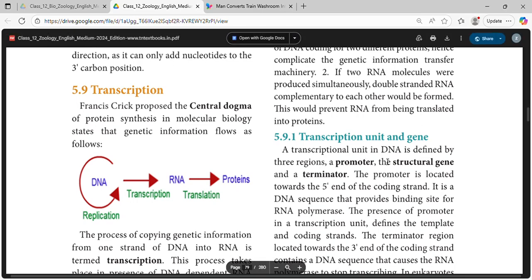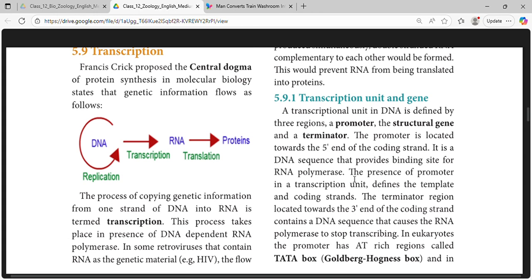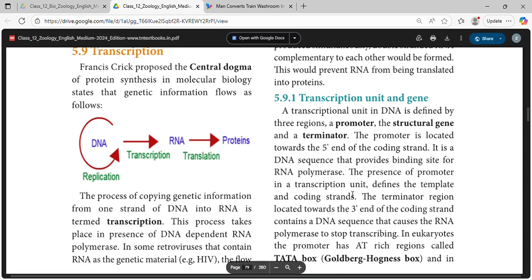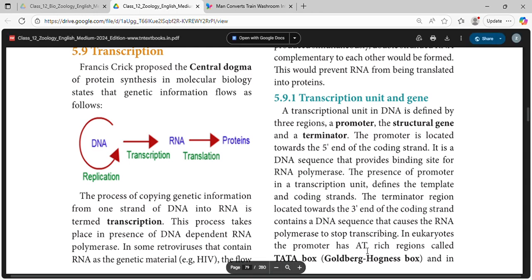A transcription unit in DNA is defined by three regions: a promoter, the structural gene, and a terminator. The promoter is located towards the 5' end of the coding strand. It is a DNA sequence that provides a binding site for RNA polymerase. The presence of a promoter in a transcription unit defines the template and coding strands. The terminator region, located towards the 3' end of the coding strand, contains a DNA sequence that causes the RNA